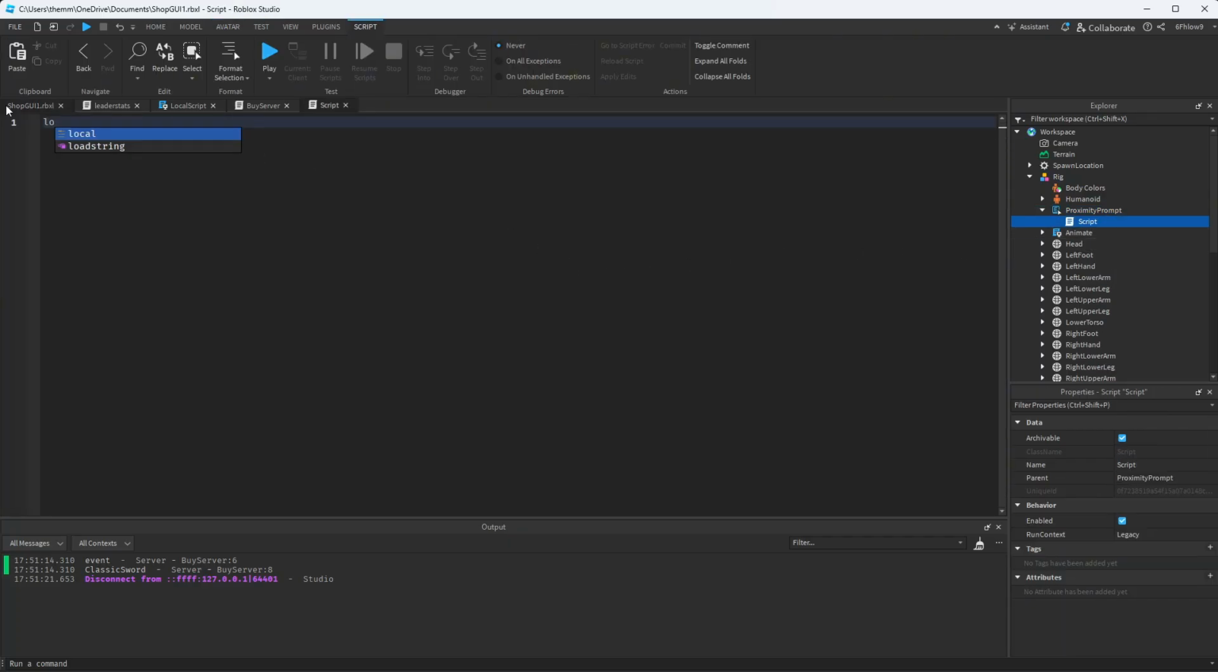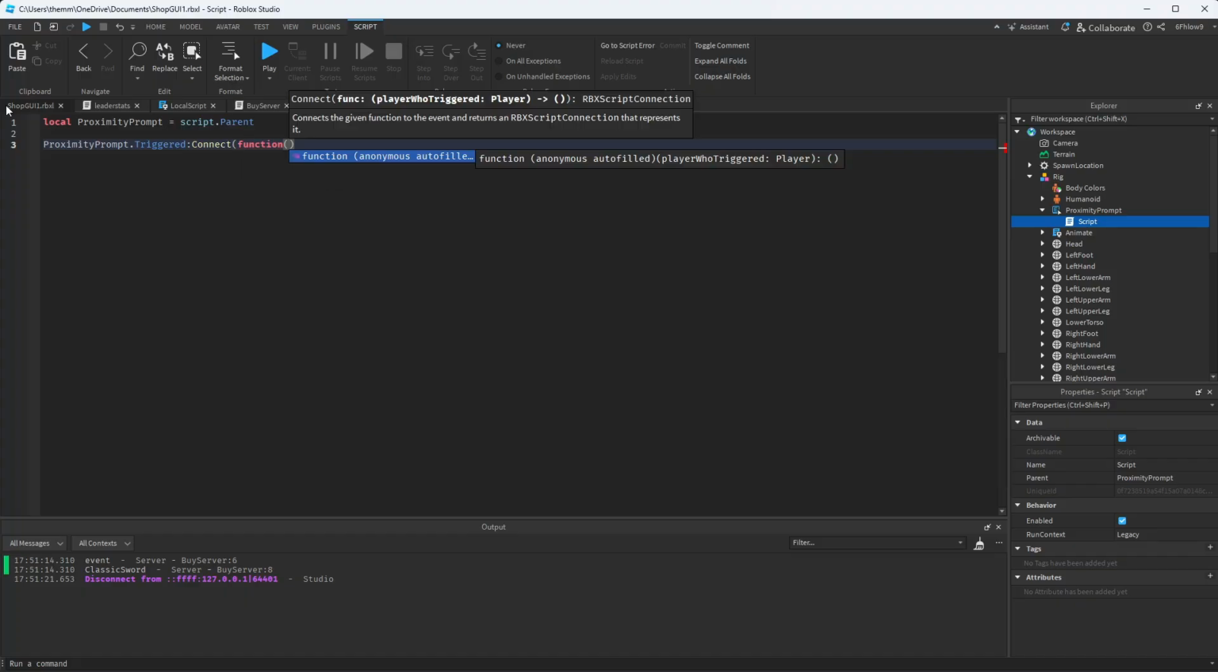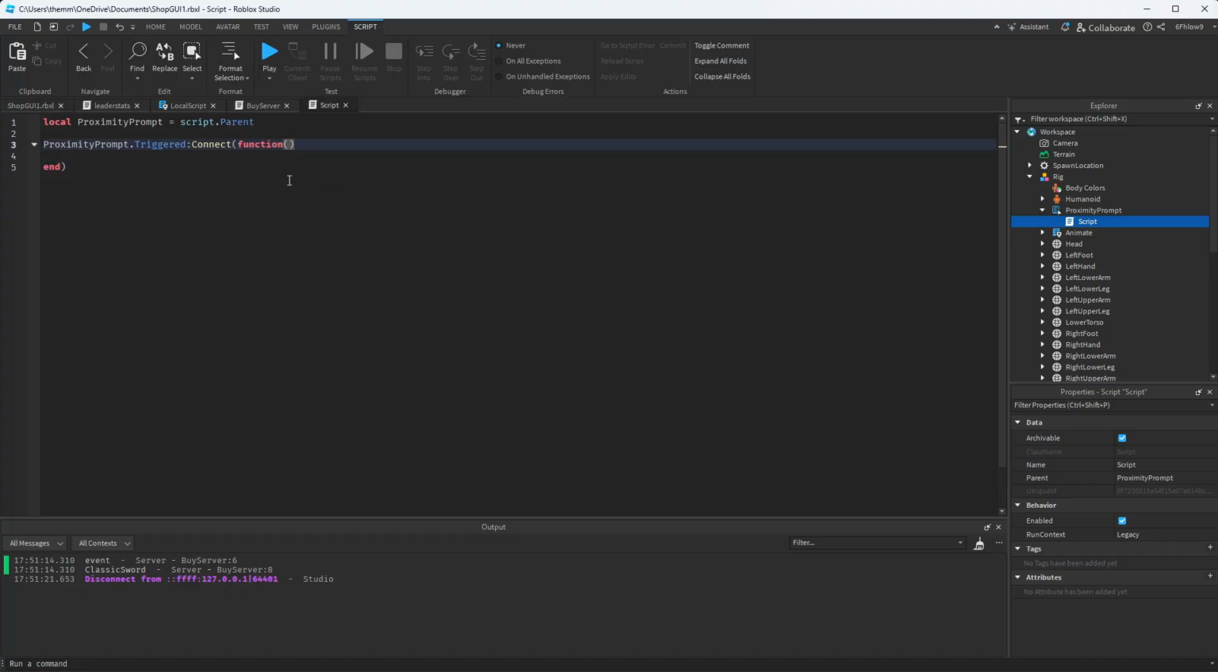And we can say local proximity prompt. We can equal it to script.parent. So what we're gonna do, proximity prompt.Triggered:Connect(function, and this returns player, I think, if I'm correct. So what we're gonna do, we're gonna say,